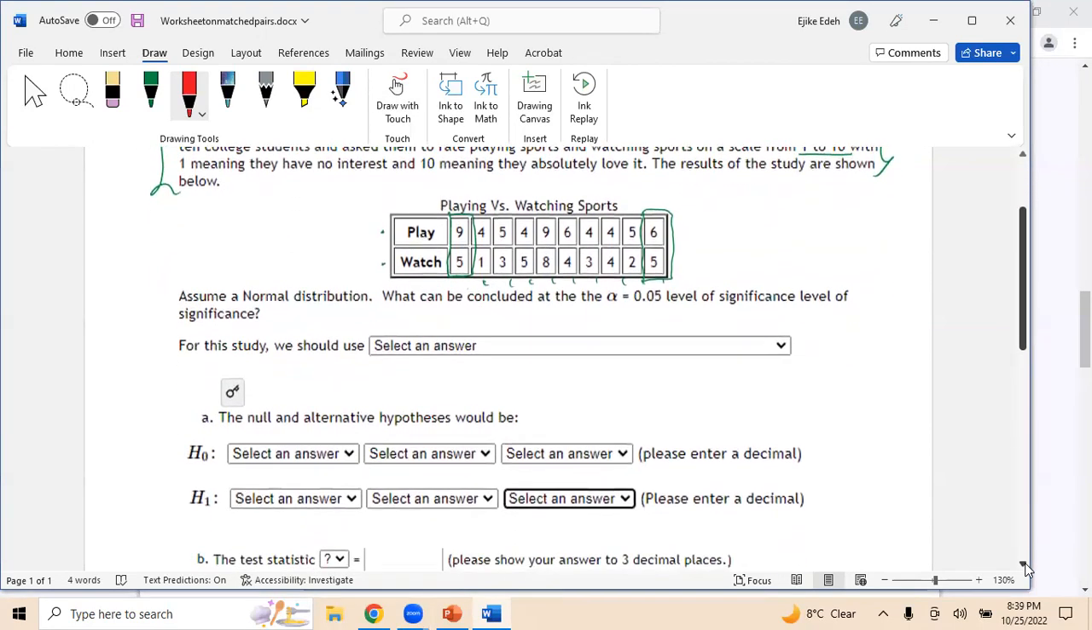The first question says, for this study, we should use, if you drop down this arrow, you see a bunch of tests, different types of tests. So this is a sample, so we are using a t-test, right? But not just a t-test, but a paired t-test. Paired sample t-test or matched pair, or two dependent. So let me write all that here. So this is a paired t-test, or you can call it matched pair